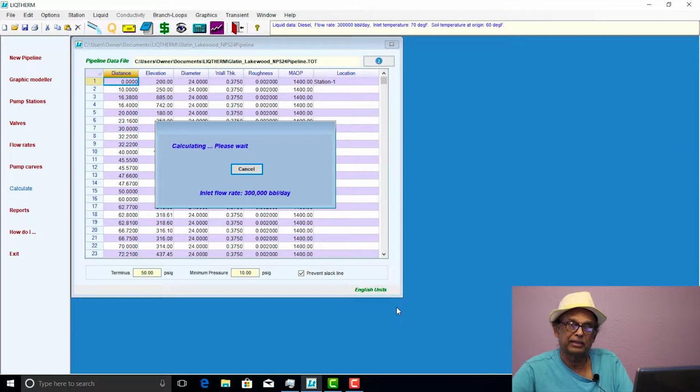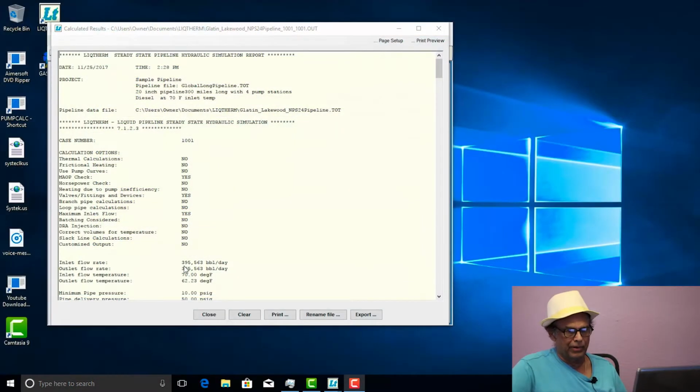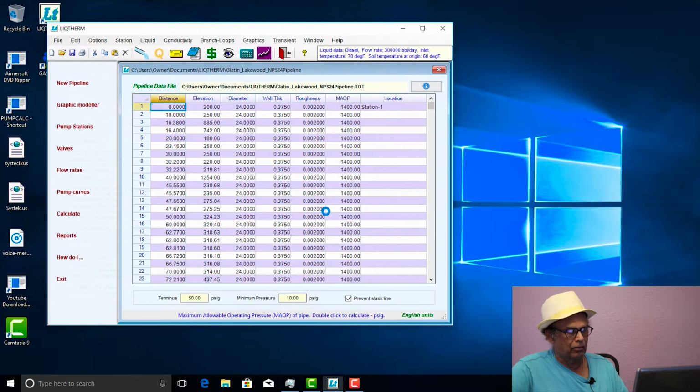We start off with the 300,000 barrels a day flow rate. It starts iterating through the calculation and trying to get the maximum flow rate. Comes out to be 724,649. We'll sit down and wait for a little while, and you should be able to get the result shortly. Okay, now we've got the result here, and the program says the maximum flow rate possible is 395,563 barrels per day, and we're going to go ahead and close that, and then go back and open the report again,